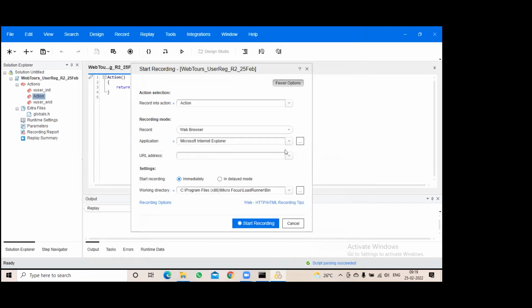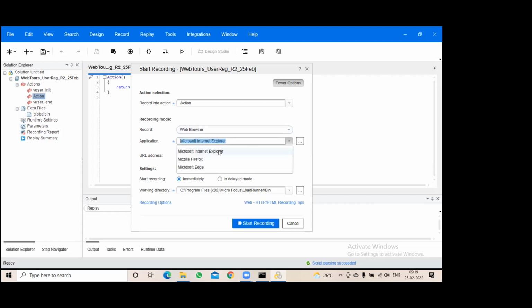Now all the recording options are done. Whatever I have shown you, all those recording options are done. Now select the browser that you want to use for recording over here. Observe here, in recording mode it is showing record web browser, and by default it is showing Microsoft Internet Explorer.